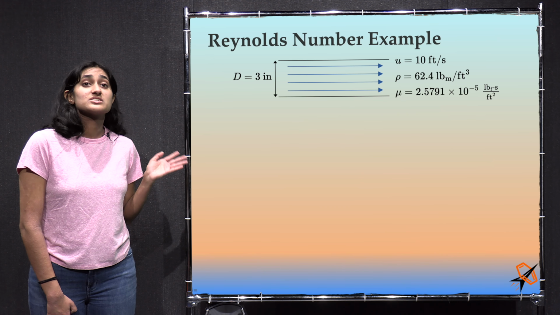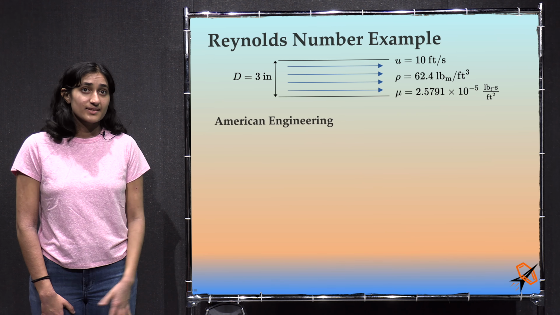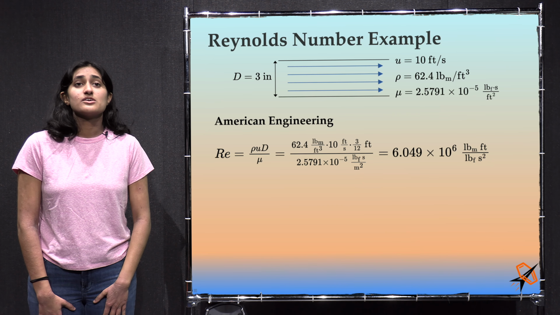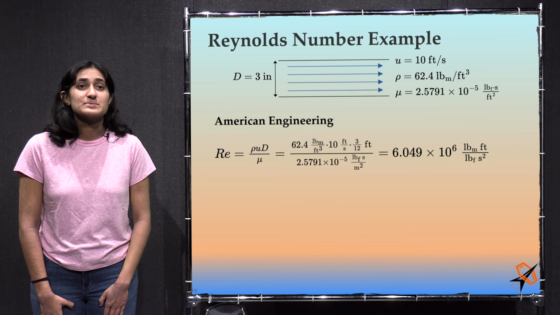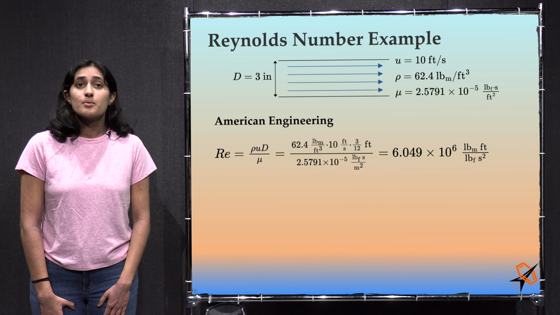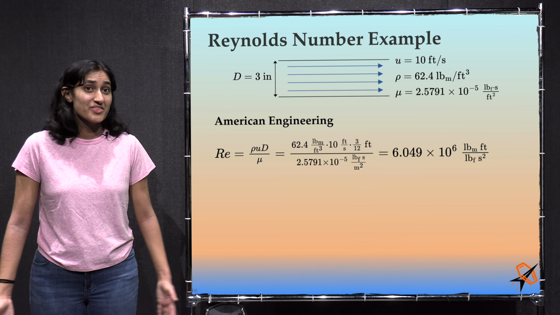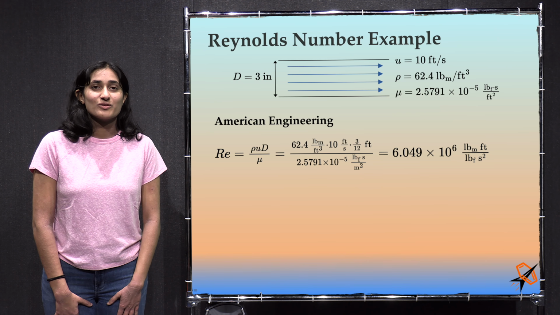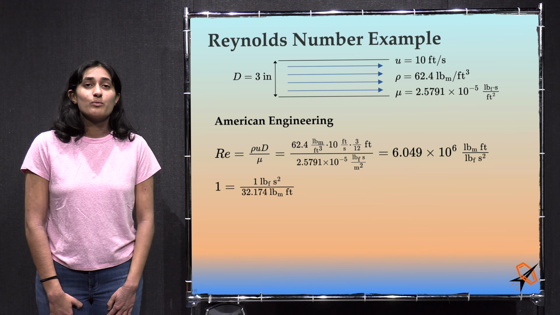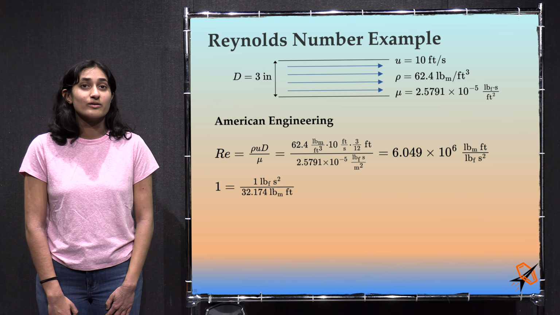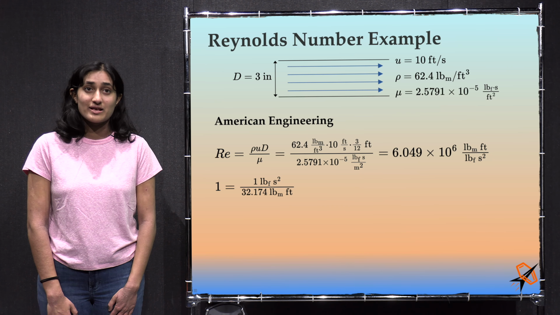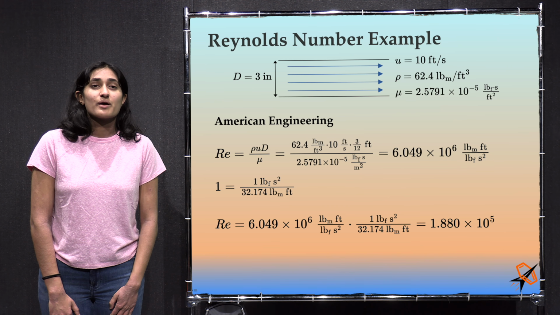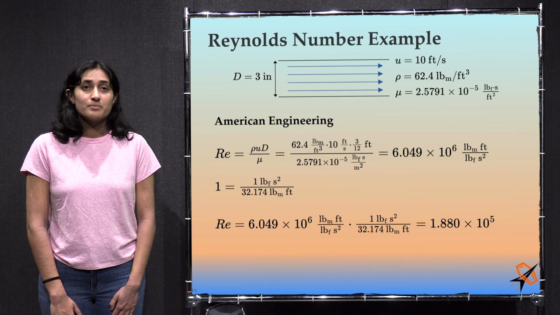We have to convert the inches to feet and the millimeters to meters. Then, in American engineering units, rho VD over mu equals 6.049 times 10 to the 6th pound mass foot per pound force second squared. I thought it was supposed to be unitless. Back in the furlongs per fortnight video, we learned that 1 is equal to 1 pound force second squared over 32.174 pound mass foot. If we multiply our result by 1 in that form, we get 1.880 times 10 to the 5th, and it's unitless,